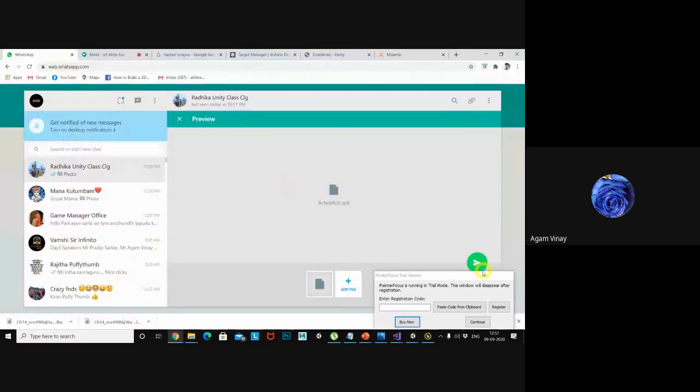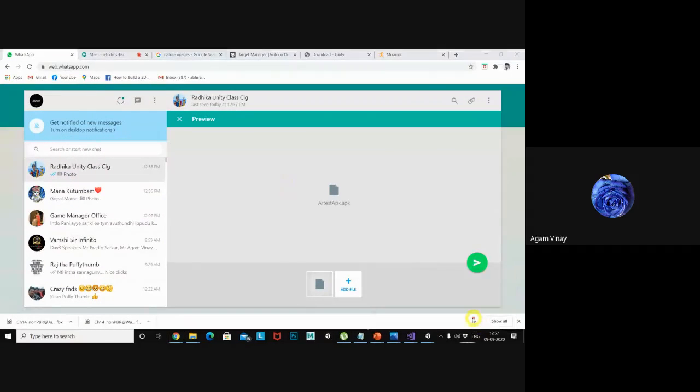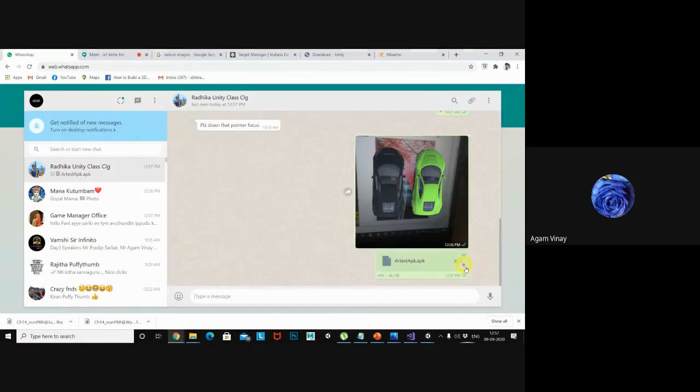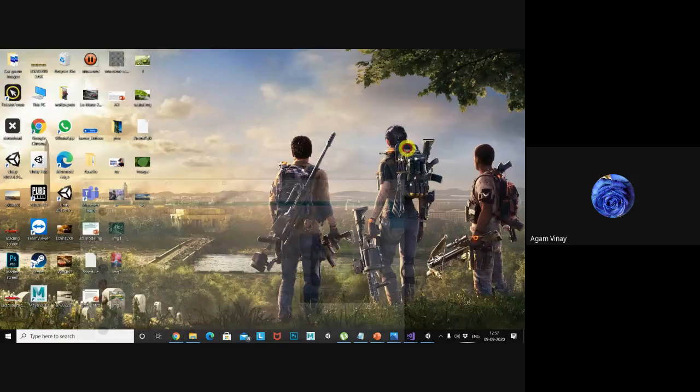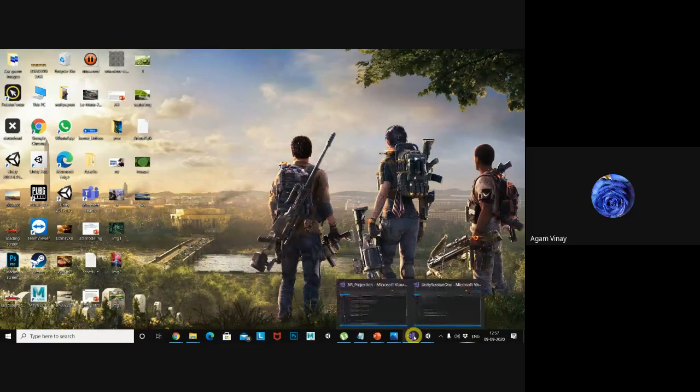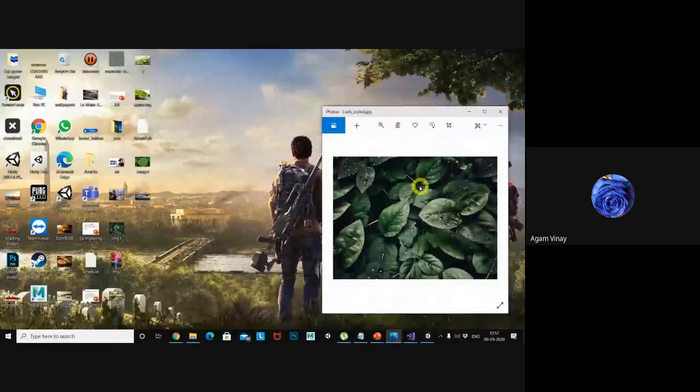If you want to check with this, you can get it from ma'am and test it. Or if you have any doubts making AR applications, please ask anytime, I am available. Let me share the targets, this one and this one.